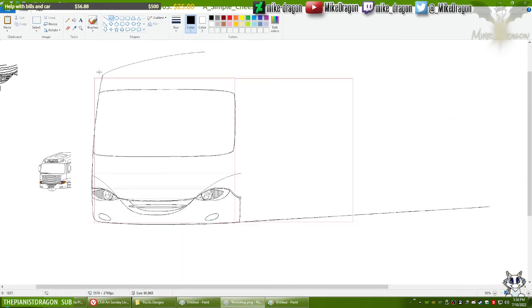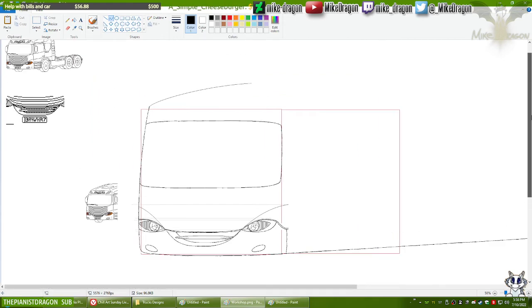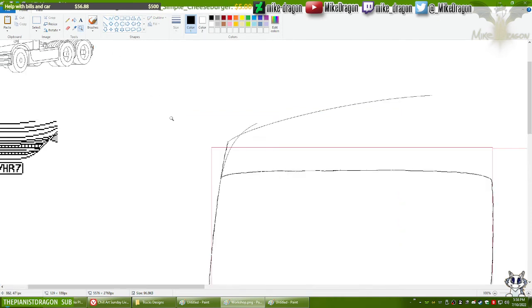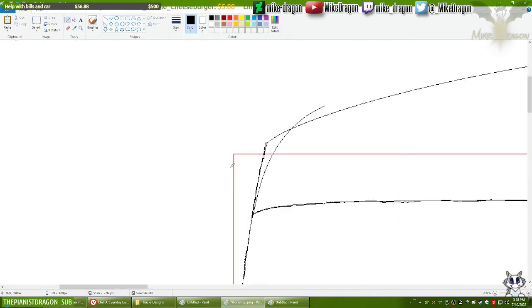Alright, the top over here, this area is wrong. It needs to be changed. It has to be more curved and a little taller. Like that. At least I think so. Let's experiment. If I like this result here, then I'm going to keep it.